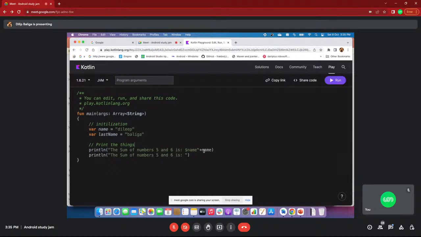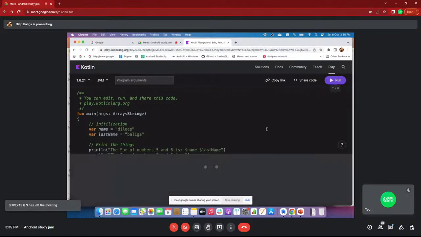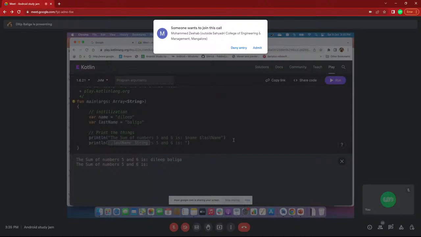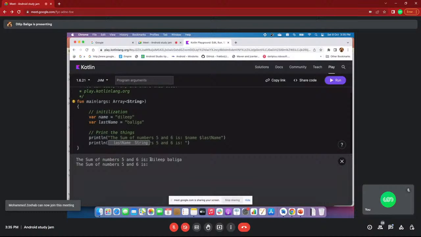But in Kotlin, what we are doing is adding a dollar symbol, dollar whatever the name, and dollar whatever the last name, so that it will print like this. You can see here Dilip and Baliga.